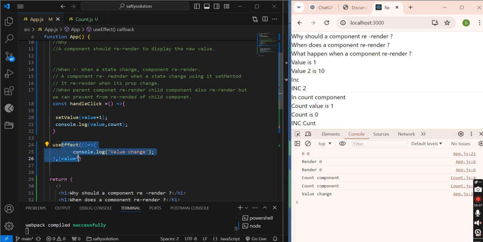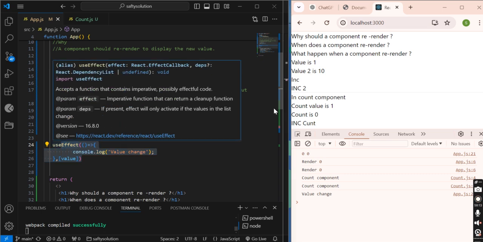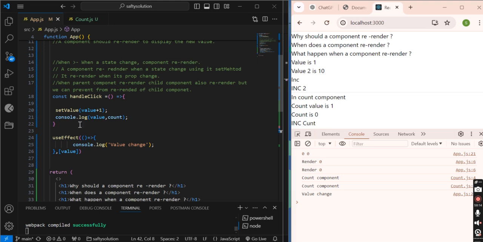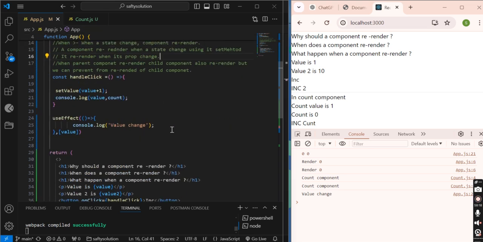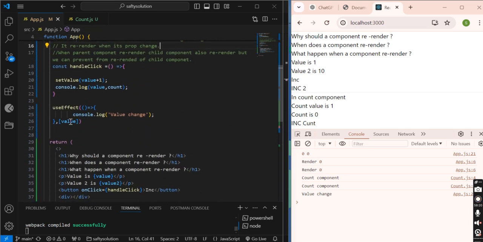When it comes here, this will only run when it finishes executing all the states. So this value changes at the re-render time. It will compare whether this value has changed or not. Since it has changed, it will call this method.